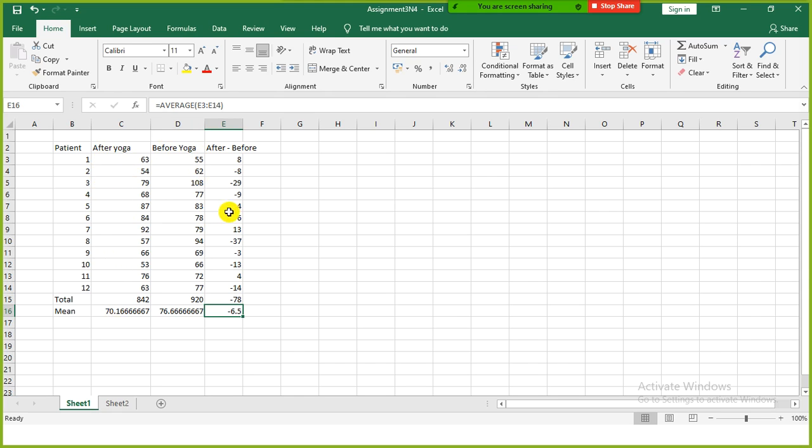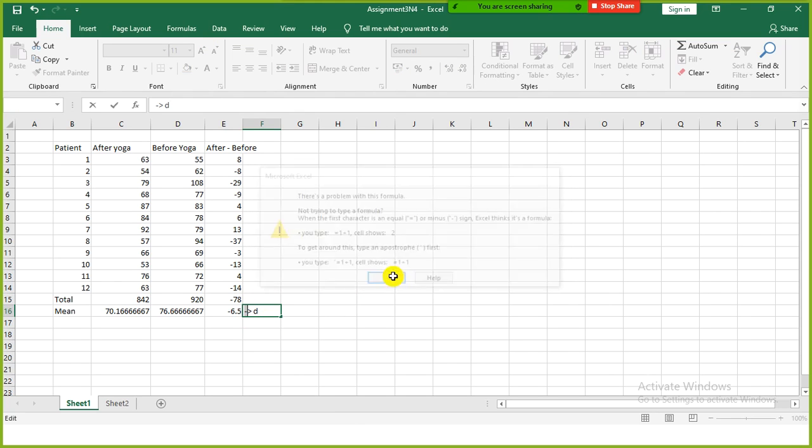Technically, if you put it like this, it will be good. So this is the mean of the differences, minus 6.5. This is what is called your d bar. So you just think, it's a d bar.